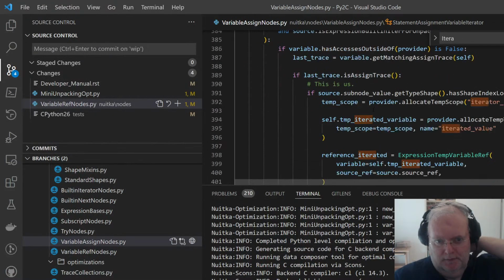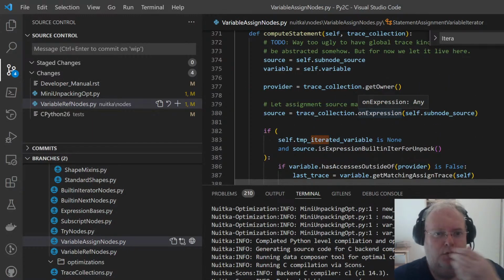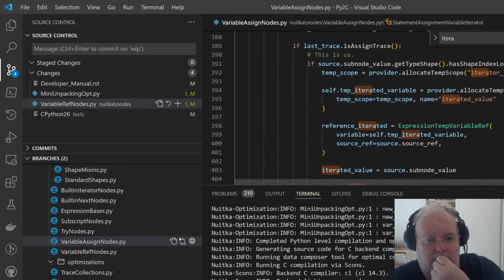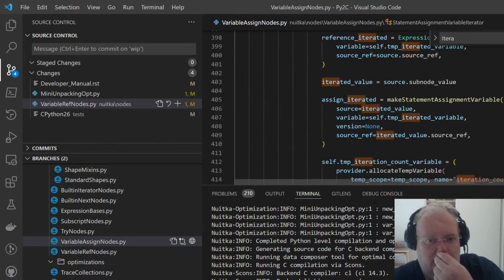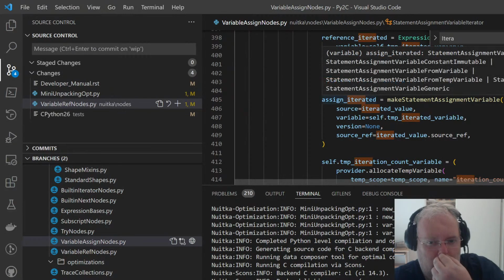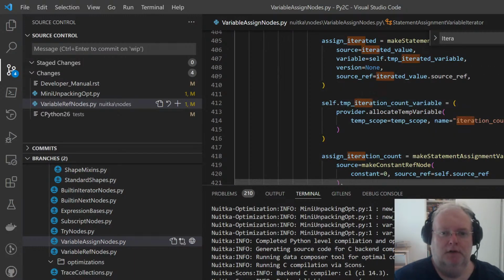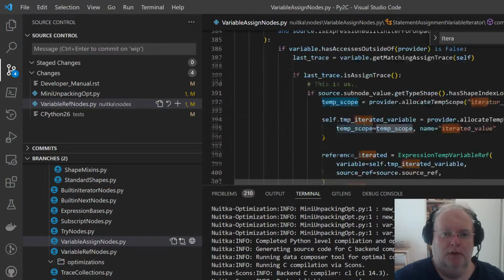I guess I could move it into the iterator taking, if the iterator taking is capable of annotating itself as an outline, but it's going to be difficult. No, let's leave it like this. But where's the temp scope here? And why do I not have it?